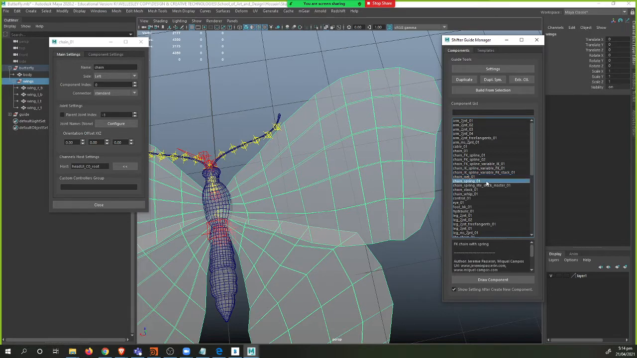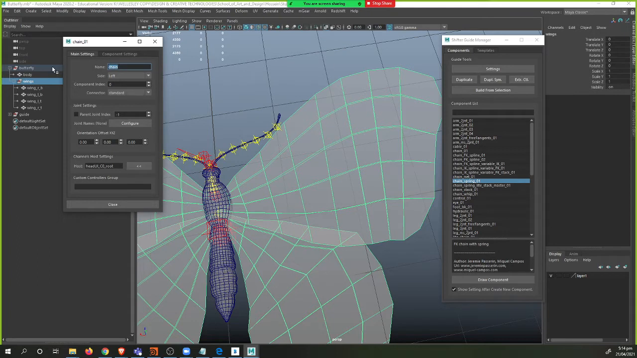Chain spring is the one I'm going to use, that can master a light stack chain. Chain spring, that's the one I would like to use for the wings. This one was a basic chain with FK IK. The reason I wanted FK is so you can grab from the tip of it and animate that. I add chain spring for the wings and I call it wing